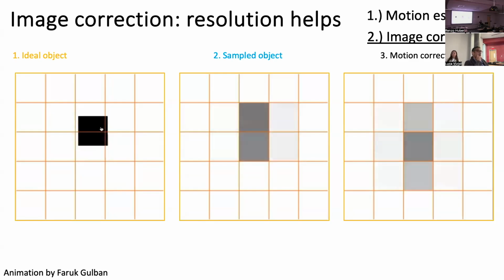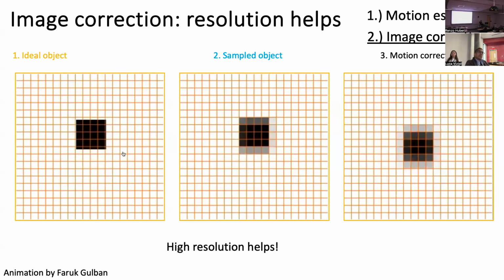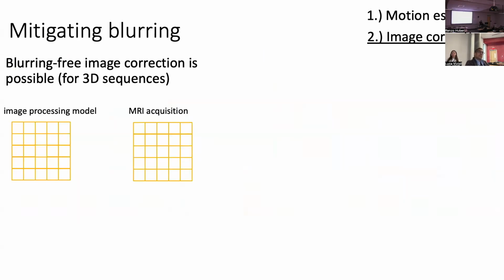If you look at that, you can capture the partial voluming, and if the voxel is moving, then it's at a different location. You can estimate that and put it back. However, if the signal of the voxel is at the borders of the new grid, then you have smoothing or signal loss in this perspective. You can try to account for this if you upsample, but the point I want to make is that